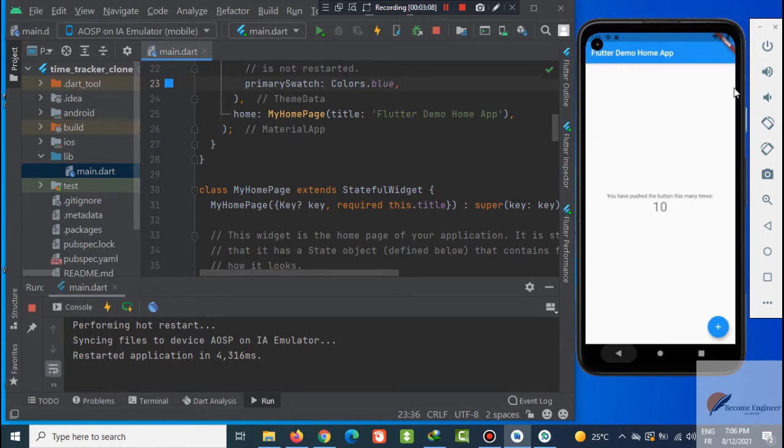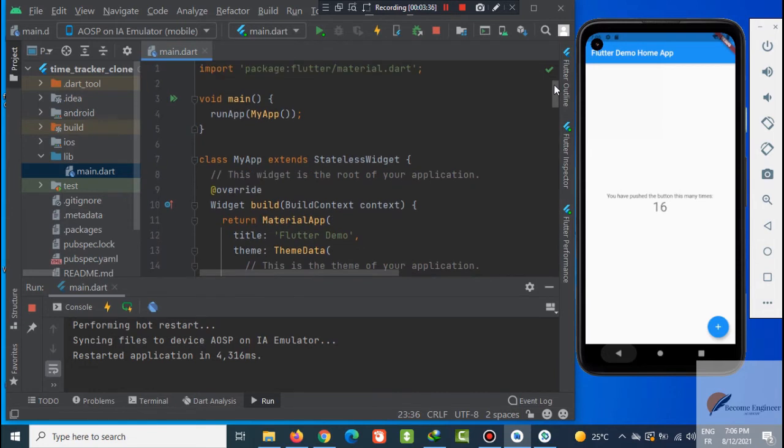Here in the body we have the default color, which is white, and we have this first text: you have pushed the button this many times. Here we have this variable that changes any time we click this button, and we have this button. That's what we call a tree.